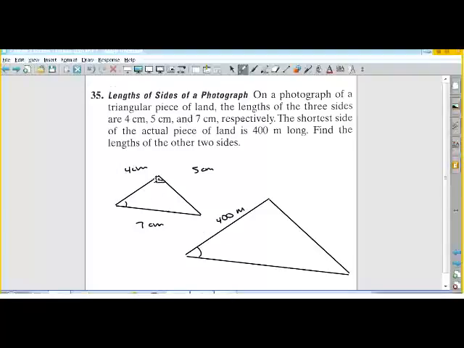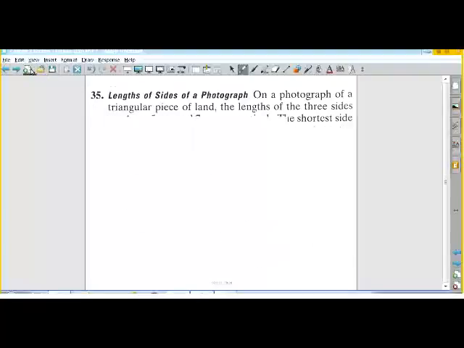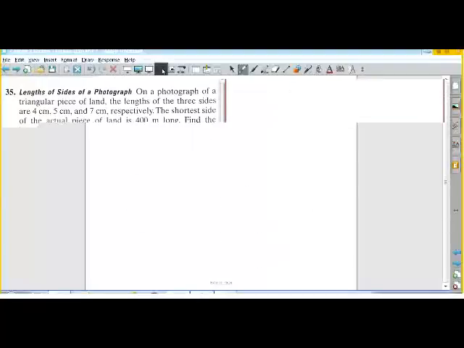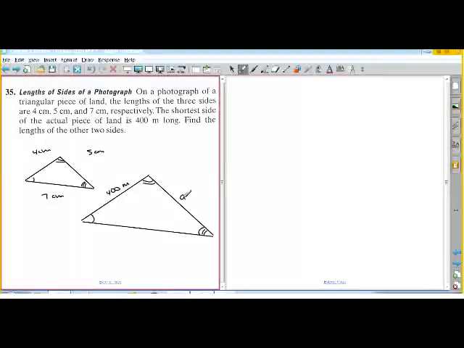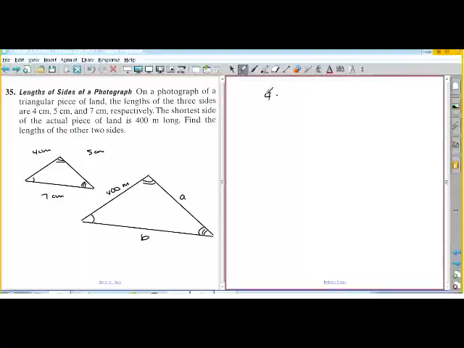And because all these angles are the same, this angle is the same as that, this angle is the same as that, they're similar triangles. So all I have to do is take ratios of lengths. It says find the lengths of the other two sides. Let's call this side A and this side B. And we know the ratio of the known side. So we'll say 4 centimeters is to 400 meters